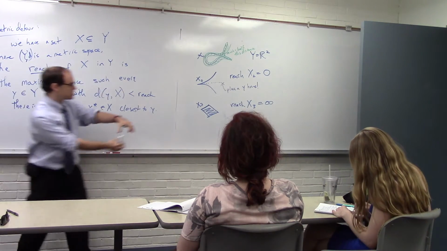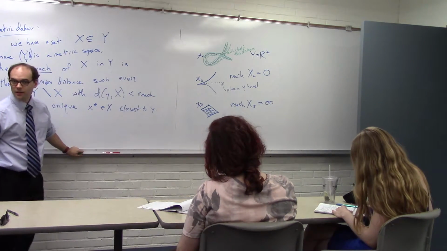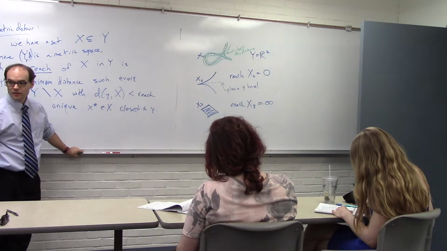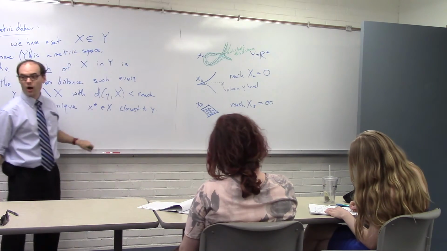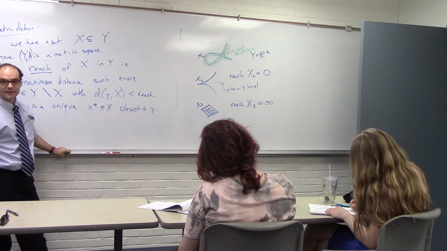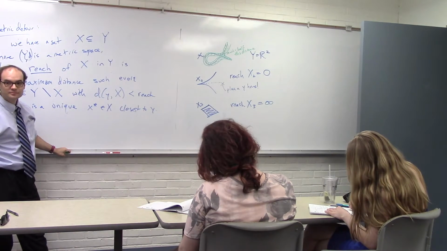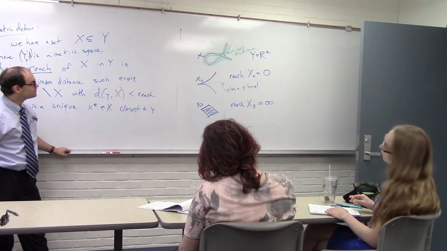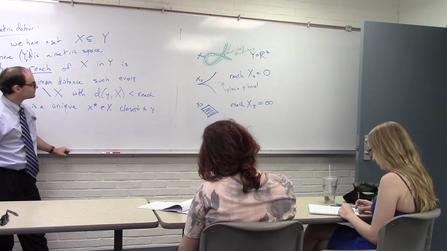I could just keep extending this, and there's always a unique closest point. So the reach is a function of y here? It's a function of the space x living inside y. Right. Yes. The sets are defined using less than. If there's a unique solution,